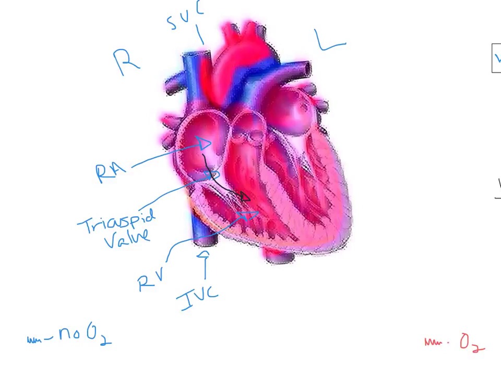Once the right ventricle pumps, it's not going to be able to go back up into the right atria, so it has to be redirected in this direction. And so here we see the first semilunar valve. So I'm going to put this over here, which is the pulmonic valve. Now, this pulmonic valve opens up into the pulmonic circulation,